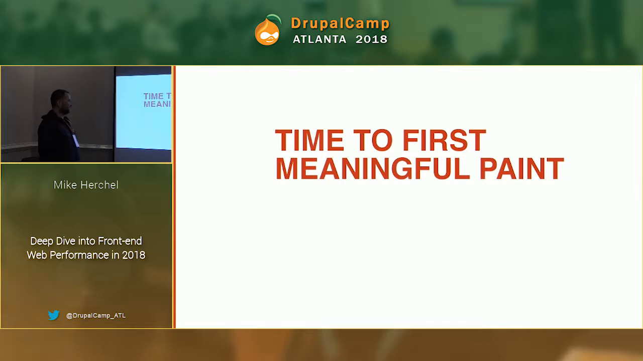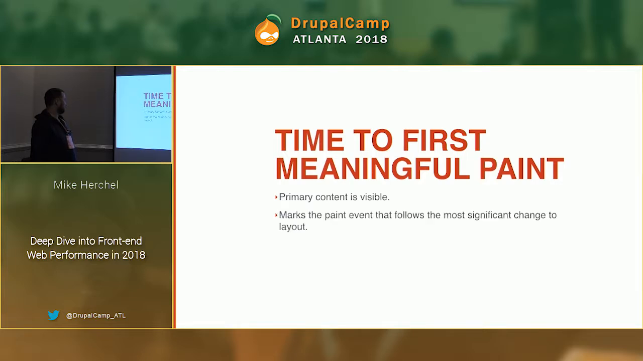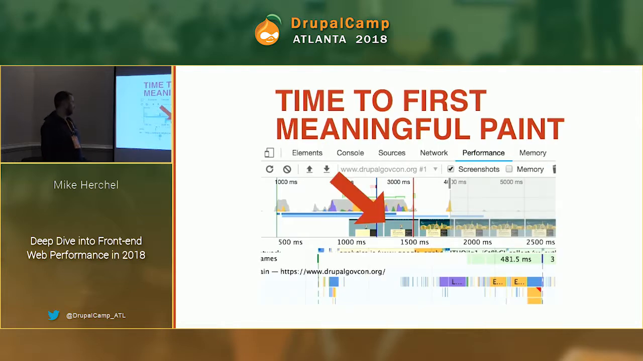Time to first meaningful paint is a very important metric right here. This is when the primary content is visible, and it marks the paint event that follows the most significant change to the layout. As your browser builds up the page, it's going to do what's called a paint event, and I'll talk a little bit about this in the future. That first paint event that actually draws stuff on your screen is what's called the time to first meaningful paint. It could be an ambiguous target right now, but